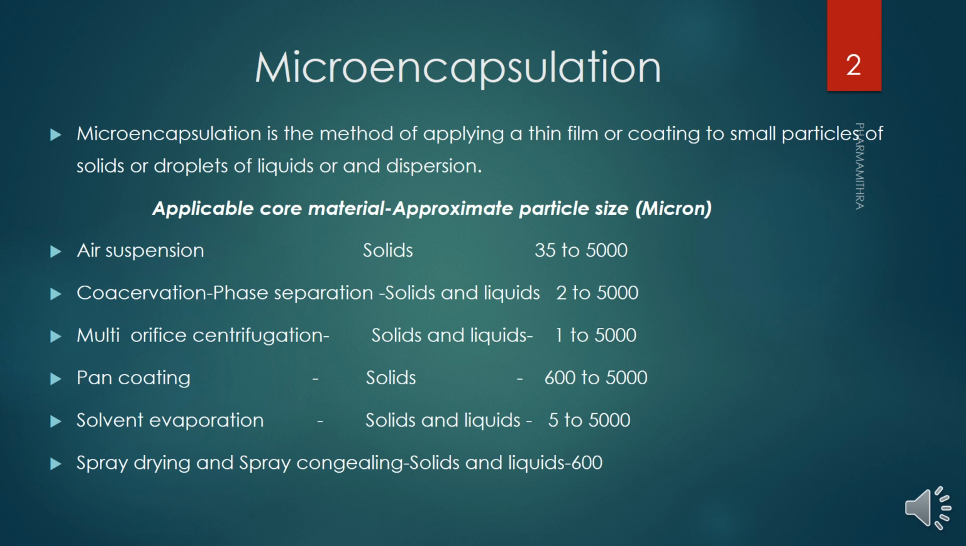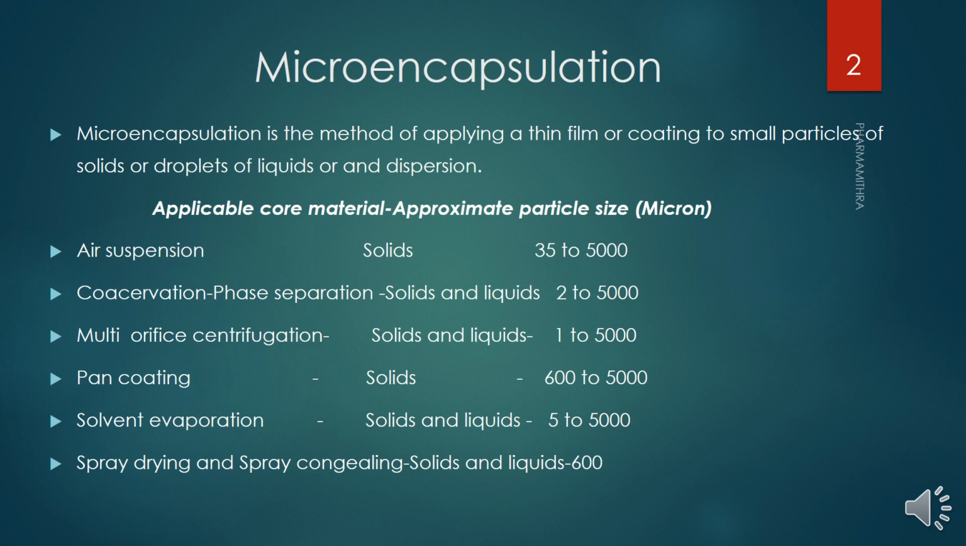So, what is microencapsulation? It is the method of applying a thin film or coating to small particles of solid or droplets of liquid or suspensions. So, we are applying a thin film. The main ingredient or active constituent is the core material. Around our core material, we are trying to make a thin film or coating. That is simply microencapsulation. So, what are the methods for coating